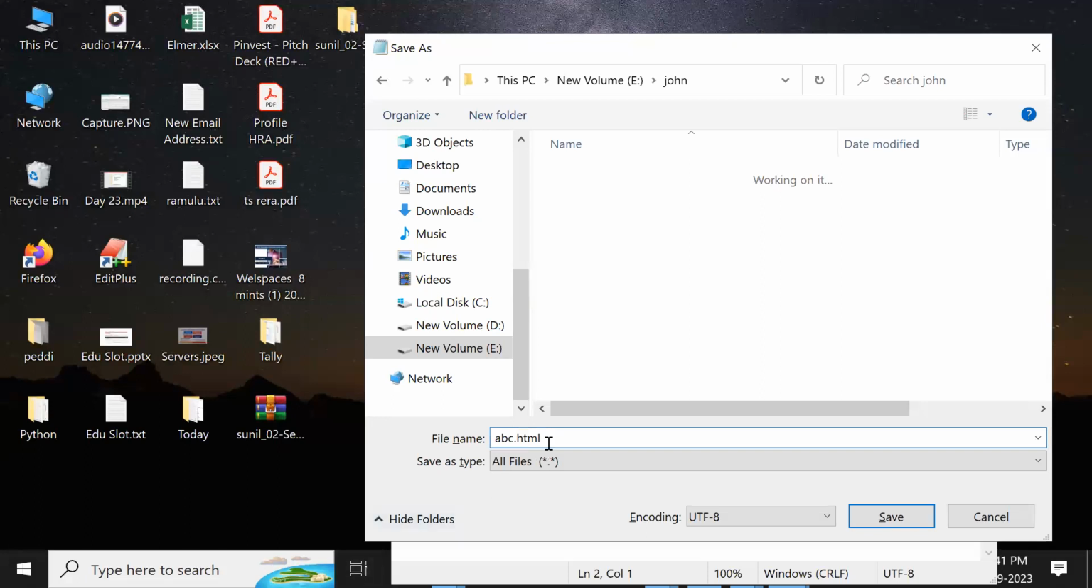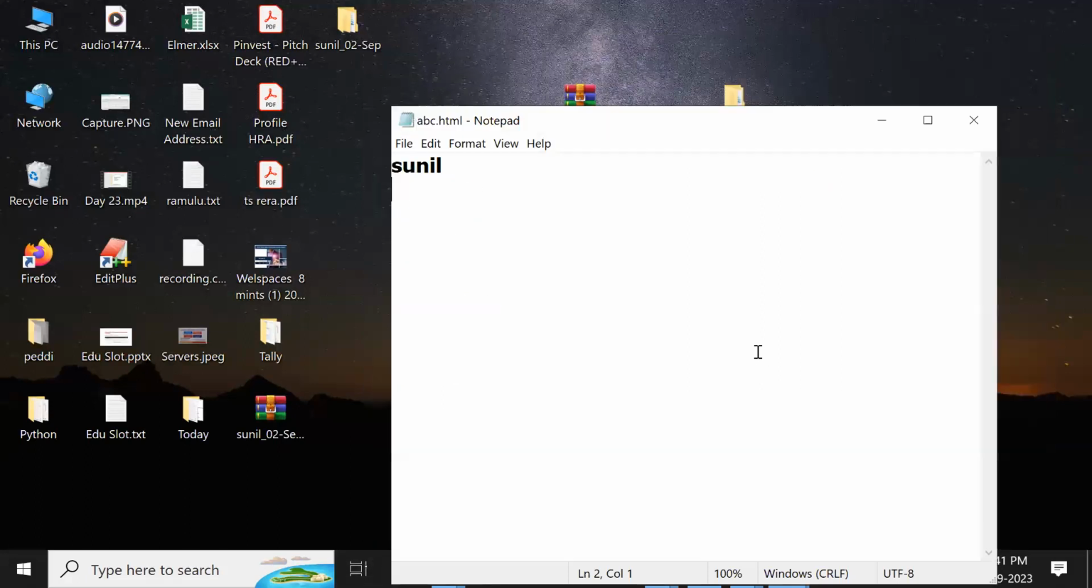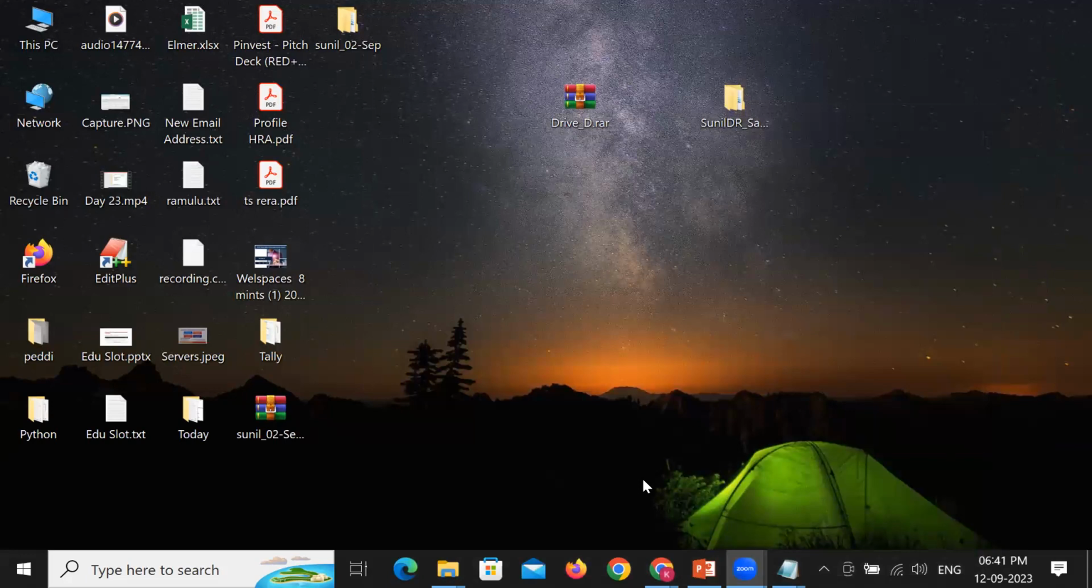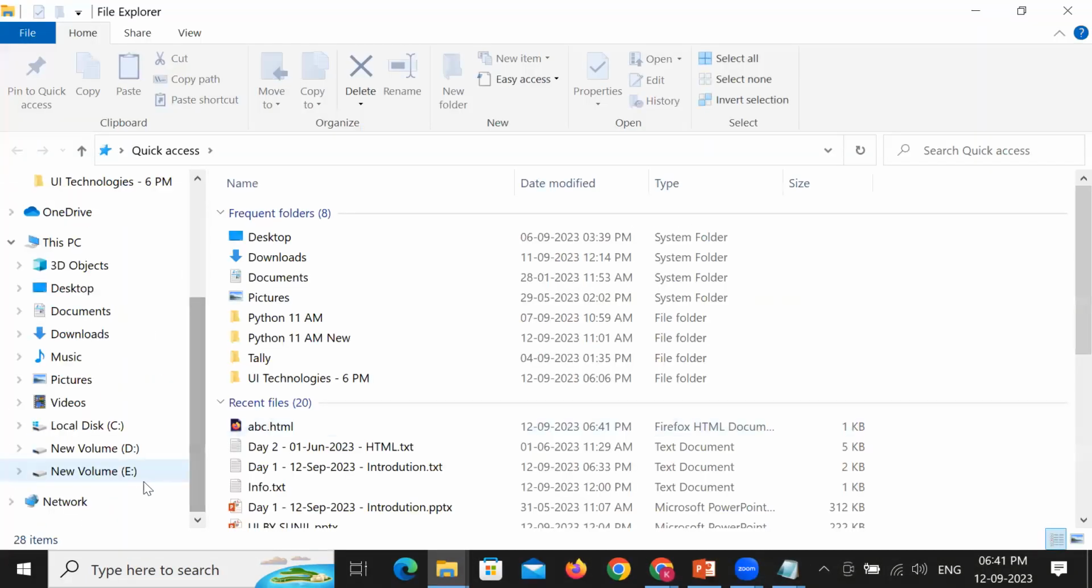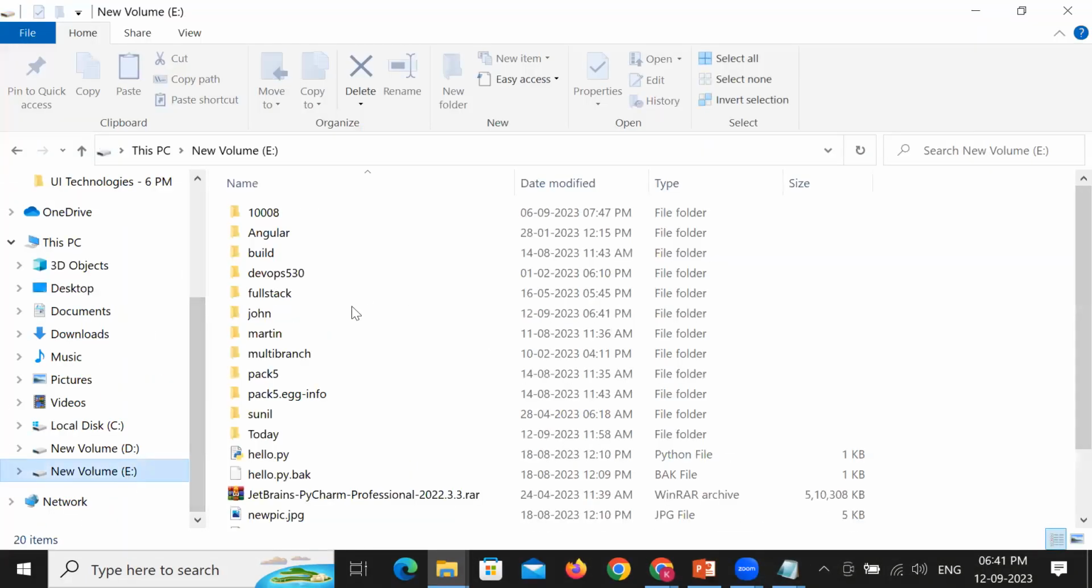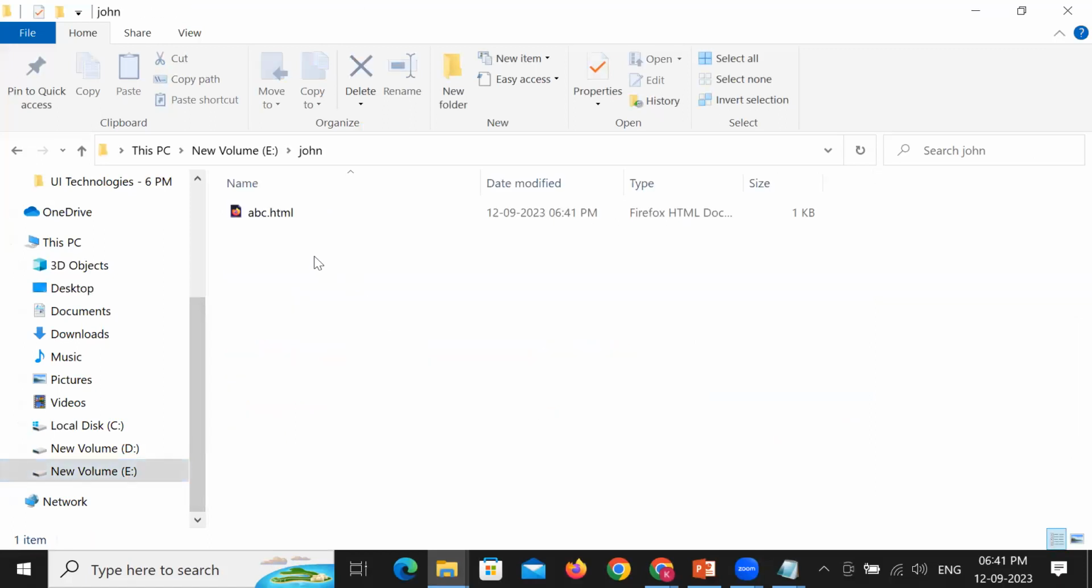My dear participants, all the HTML files are saved with the extension .html. I have saved my file. What is the file name? The file name is abc.html. Where did I save it? I have saved it in the E drive. I have created a folder called John folder. In this John folder,